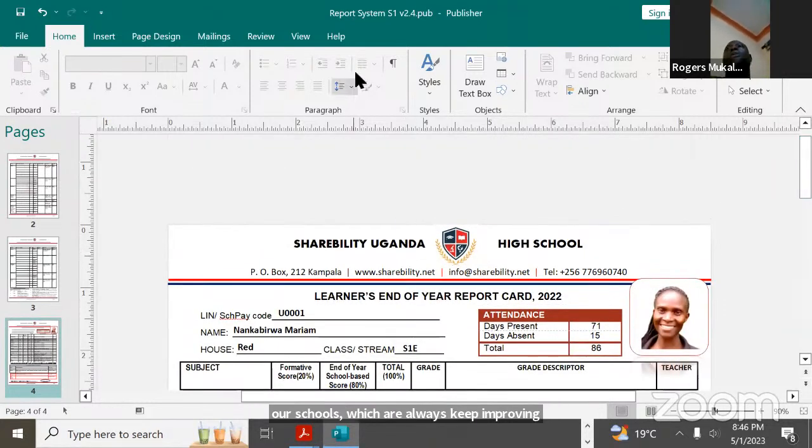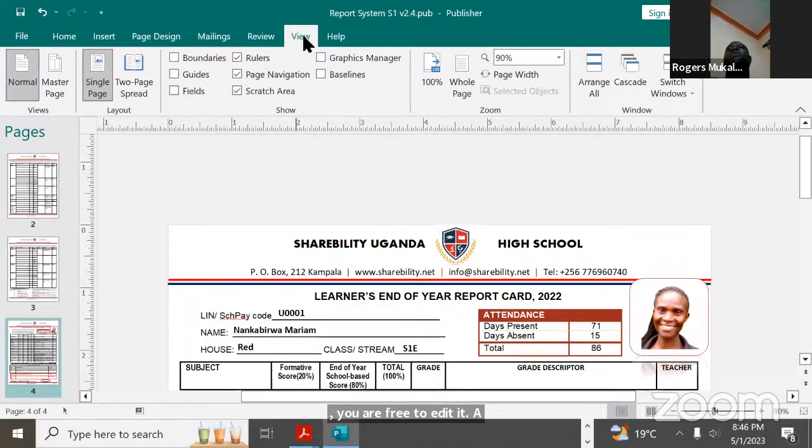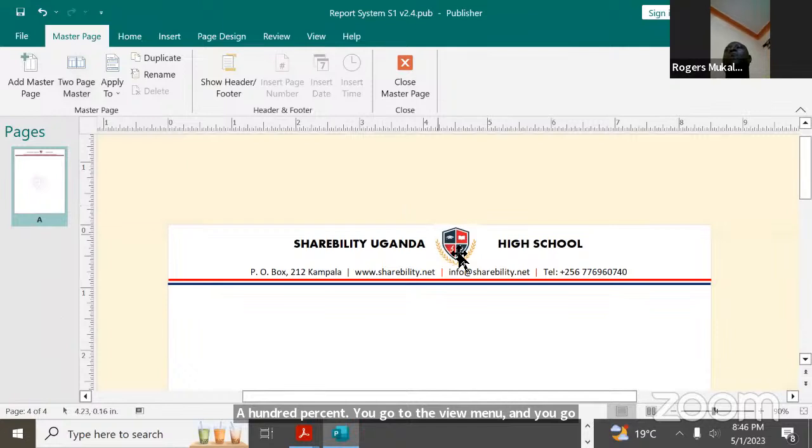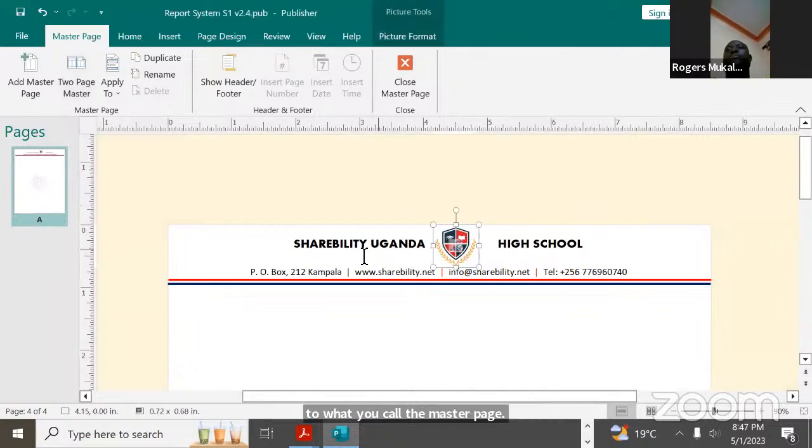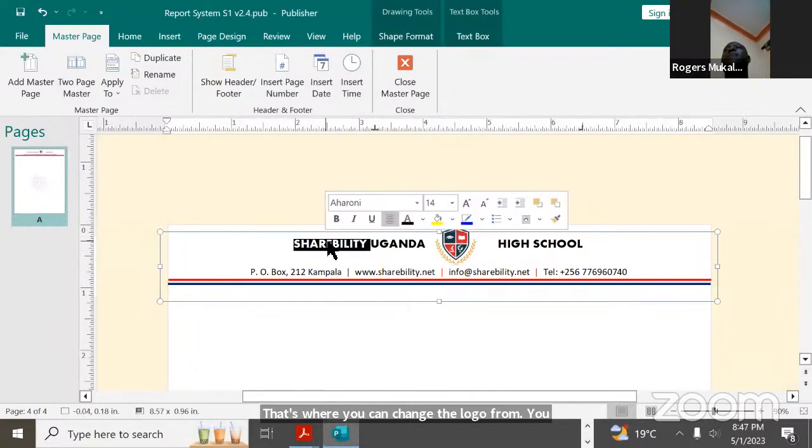Once you get this report card, you are free to edit it 100%. You go to the view menu and you go to what we call the master page. That's where you can change the logo from. You can come here. This is like Microsoft Word now. So you can come here and then you put in,